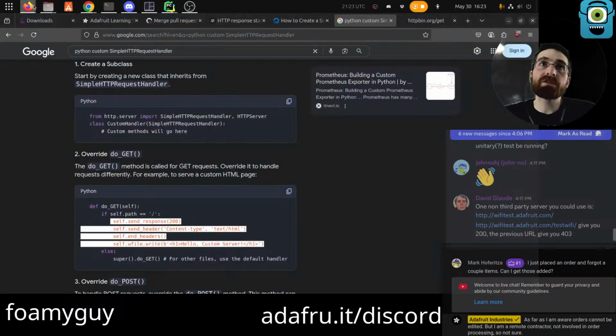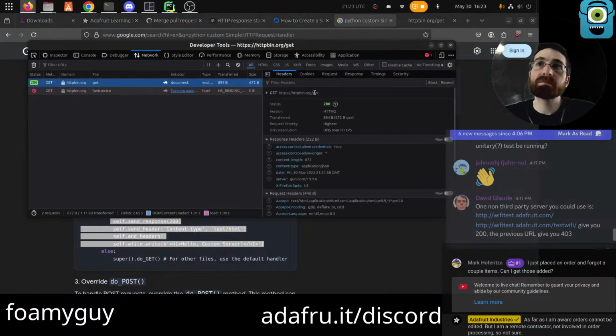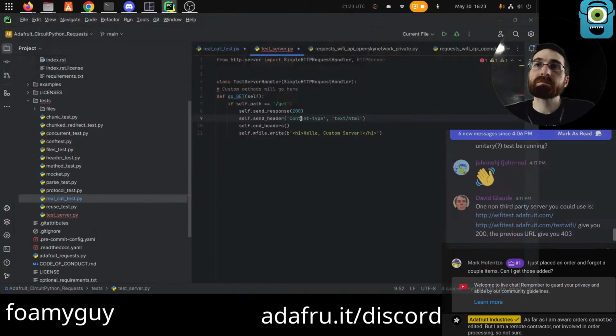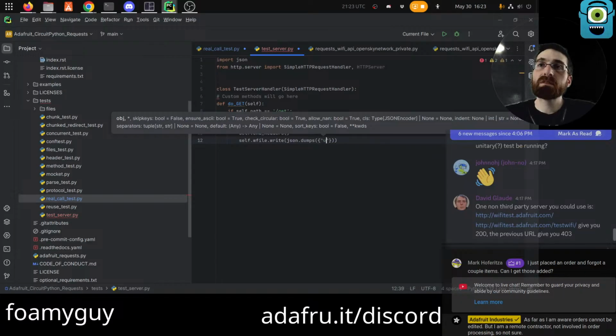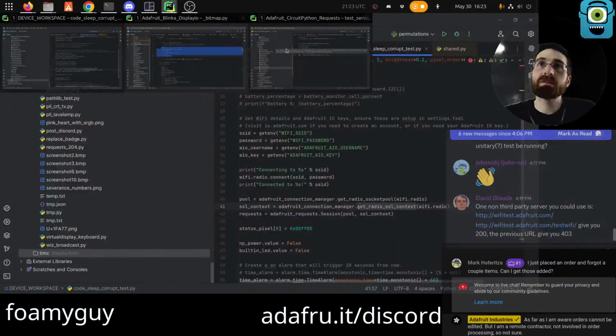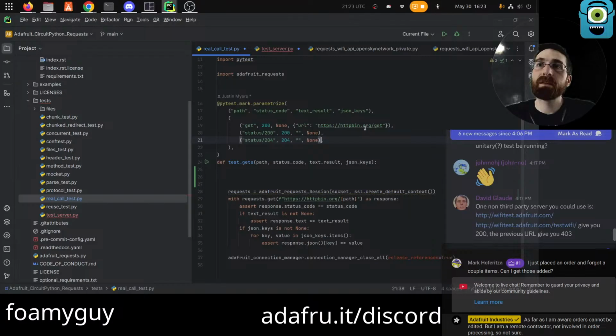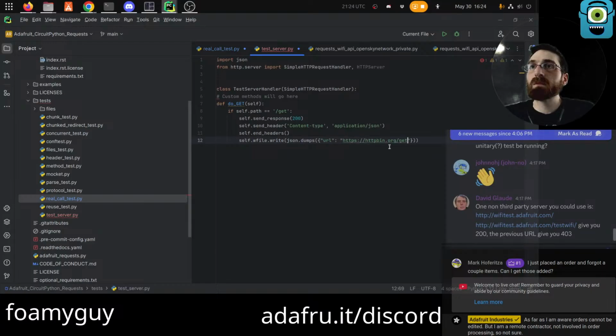It should be application/json for this one, I think, right? Looks like that wants bytes as well, so we're gonna go json.dumps, with the URL that's in the test. Oops. And we need to then encode that.